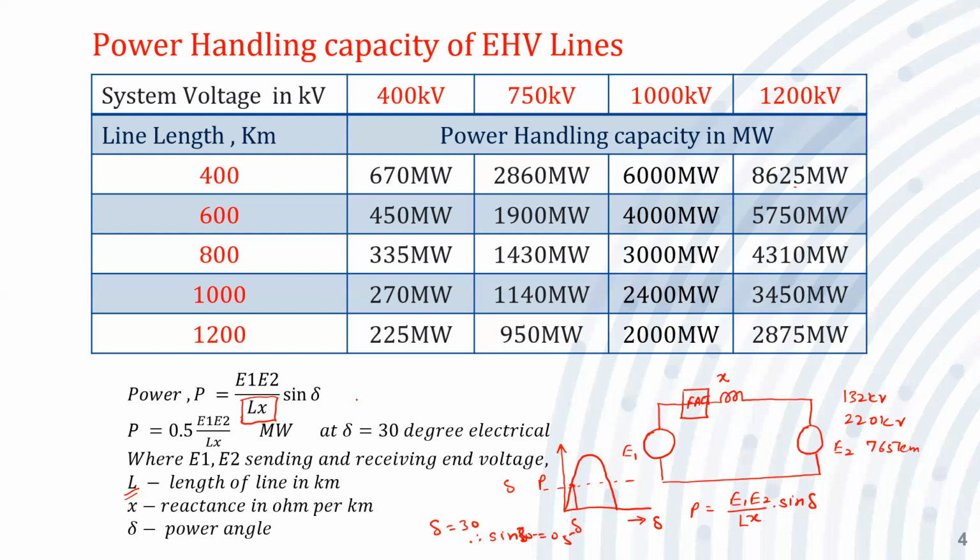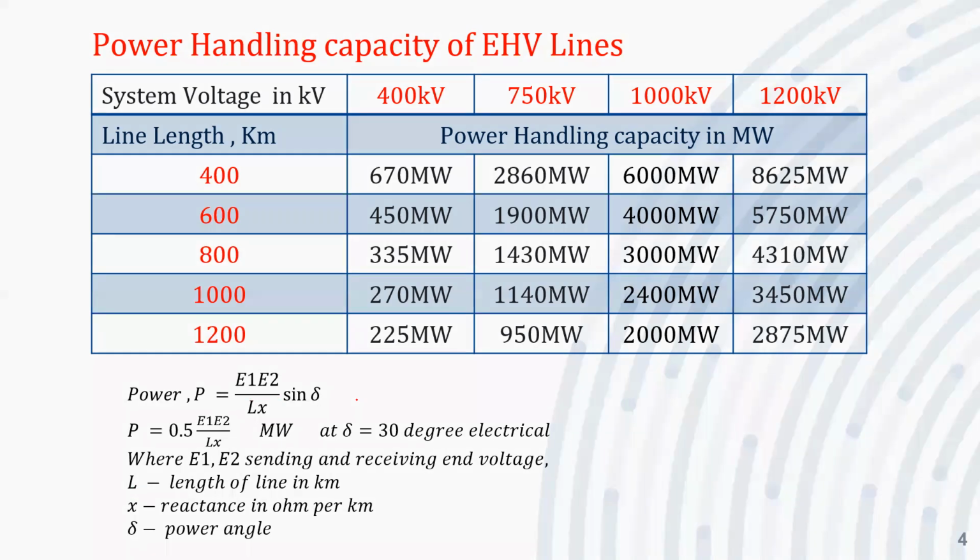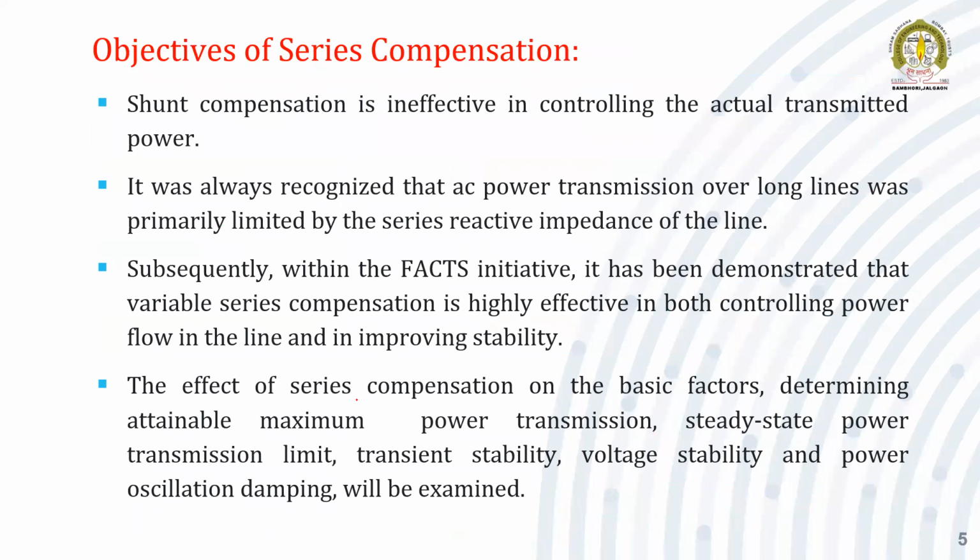So this is some basic idea related to the EHV transmission system. Now what is the objective? Shunt compensation is ineffective in controlling the actual transmitted power. No doubt, the shunt compensator is connected at the midpoint when the two machine systems are there, so it is called a midpoint shunt compensator. Or the shunt compensator may be connected near the load, which is called load compensation. But this is used for reactive power management especially, and our main objective is not to transmit more power and control it. So there are some limitations in shunt compensation,